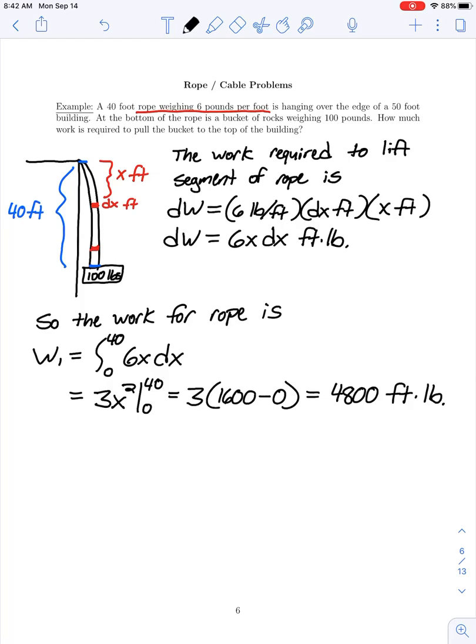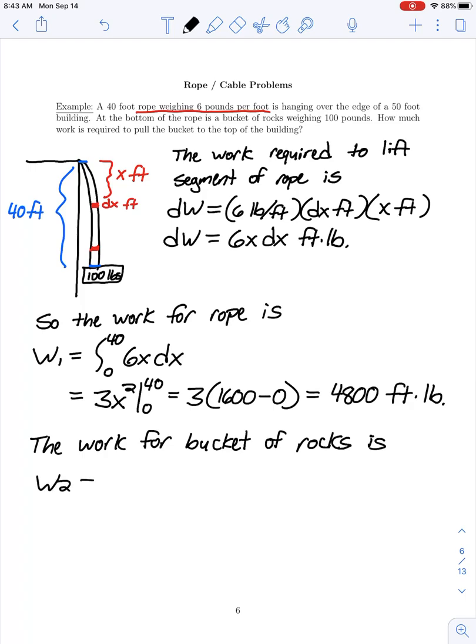And we also need to determine how much work is done in lifting this bucket of rocks. So this 4,800 foot-pounds that we found is only the work required to lift the rope itself, not including that 100-pound bucket of rocks at the bottom. So I could then say the work for the bucket of rocks